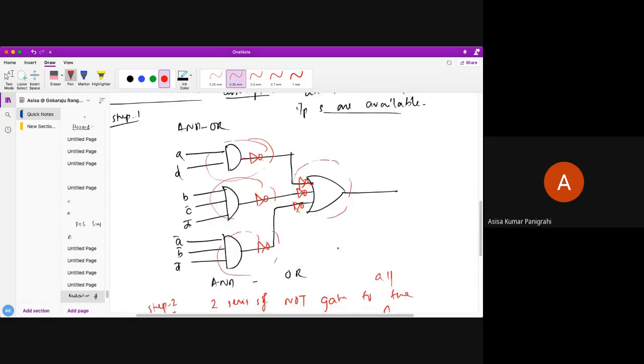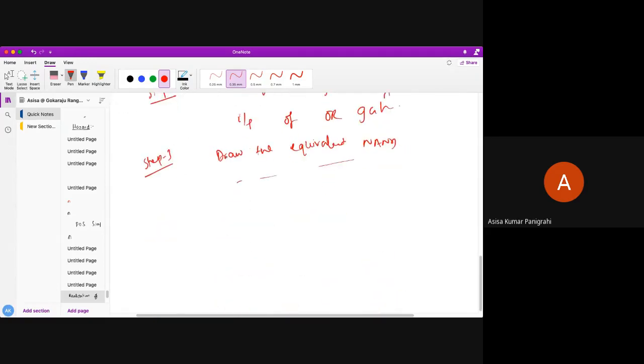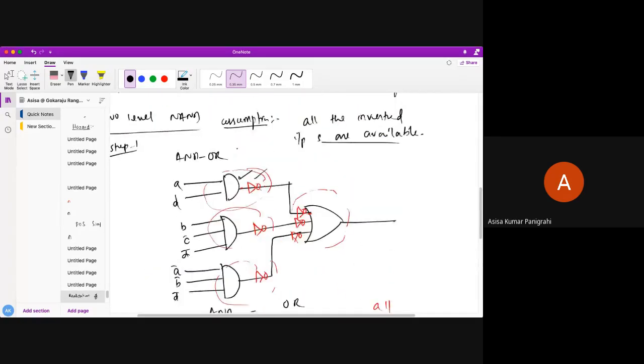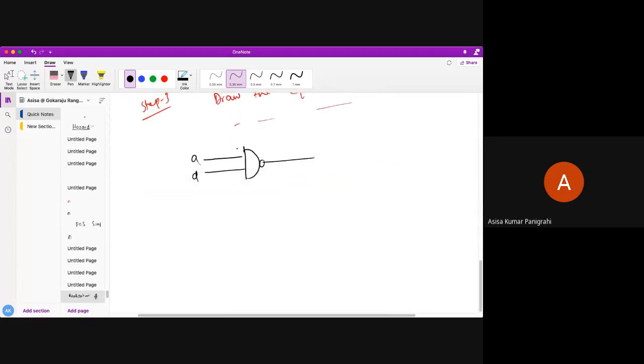So this is obviously my two input NAND gate. So I can take A and D. So what is my final implementation? I can take A and D. Finally, I can connect a NAND gate over here, because we know that there is an AND gate and one OR gate. Combined, both of these will be a NAND gate. Then you have to take B, C bar, D bar. Again, I will connect one NAND gate.